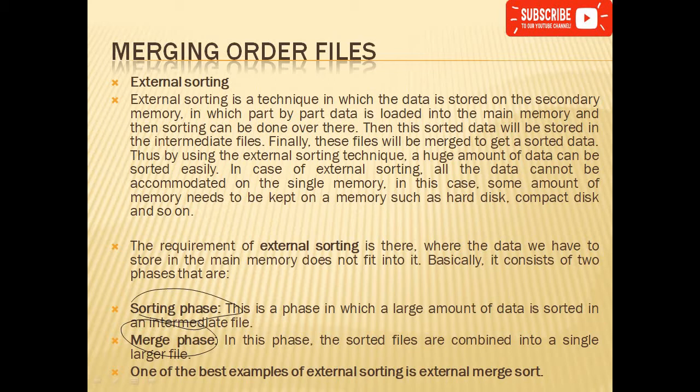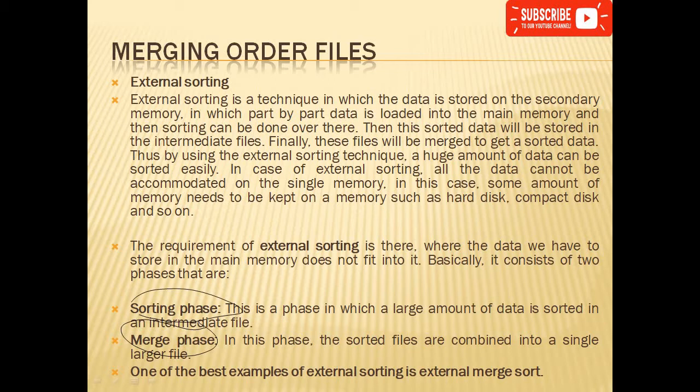In the merge phase, we are going to apply merge. For example, assume I have 10 files and these files have sorted data, then we'll merge them together. For example, file 1 and file 2 will merge together. So we'll get one file, and that will merge with the third one. We'll get one more file, that will get merged with the fourth one. Like that, all 10 files will be merged, and finally we'll get a single file which is in sorted order.